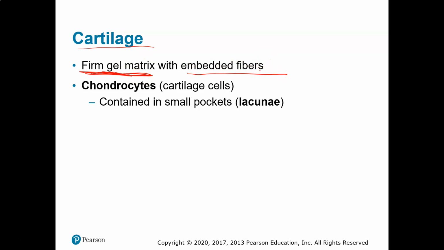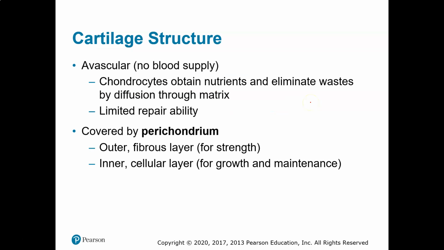The cells of cartilage are called chondrocytes. Chondro means cartilage and cyte means cell. And the chondrocytes all reside in small pockets called lacunae. Cartilage is avascular. So if you are asked why cartilage has a difficult time, if you have damage to your cartilage tissue in your body, that it's not easily repaired, cartilage has limited repair ability due to the fact that it